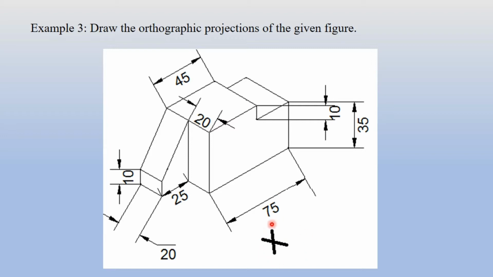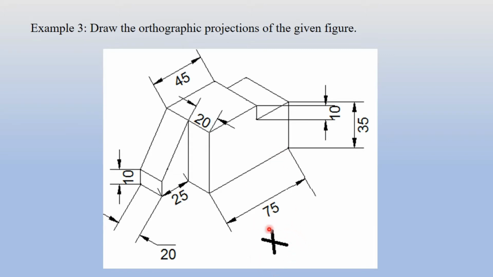But here you can observe one cross mark is given in the shape of X. This means we will be viewing from this side. I am standing here and I am seeing this object from this perspective. So what difference will it make? In the previous two questions, the arrow was on the left hand side, and we were generating the right hand side view.